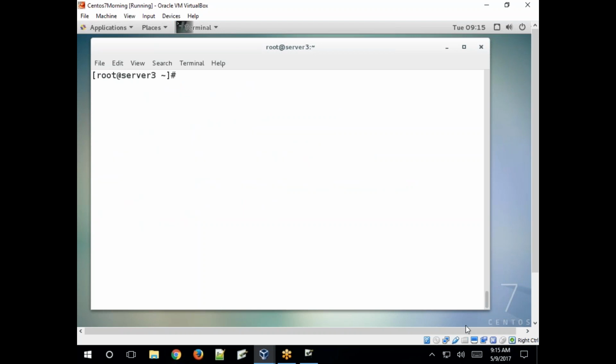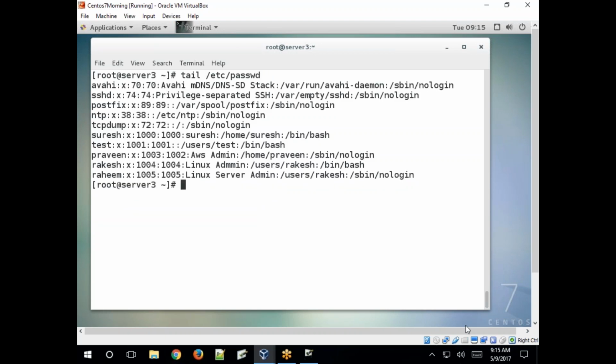Now execute the passwd file again. See, Koti deleted, users removed, right? So complete information. See, ls /home. Its home directory is also removed. Clear?